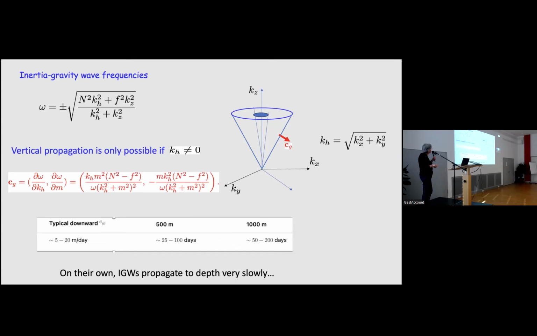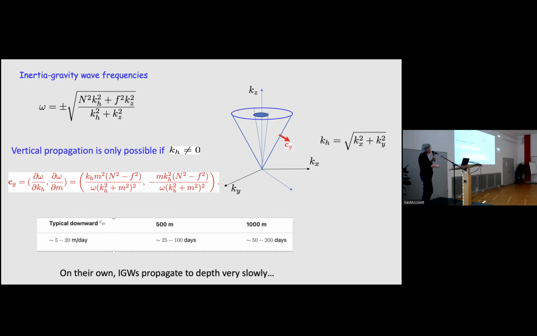So it's d omega dkh and d omega dm. In order to have vertical propagation, we have to have this term non-zero. And so you see that if kh is zero, then there's no vertical propagation. So near-inertial motions having a very large horizontal length scale means that their propagation on their own